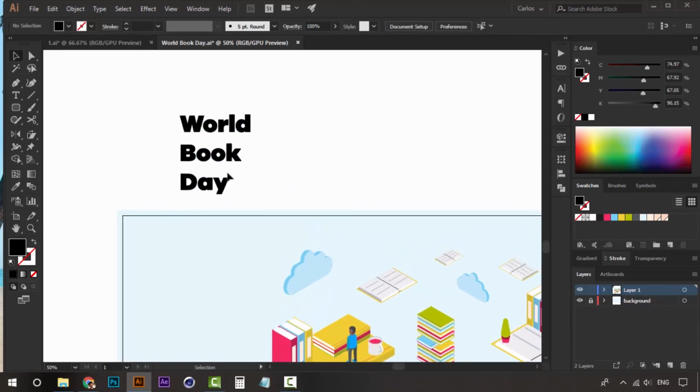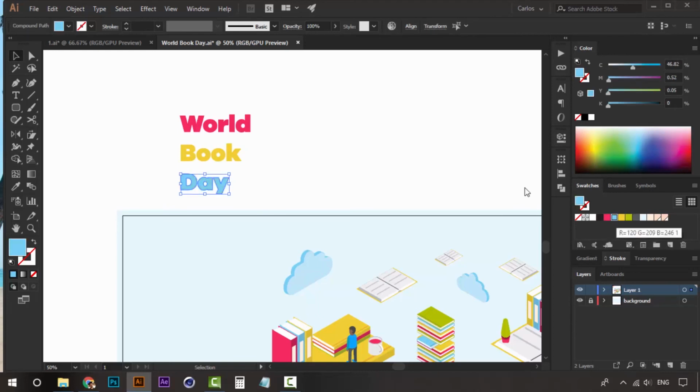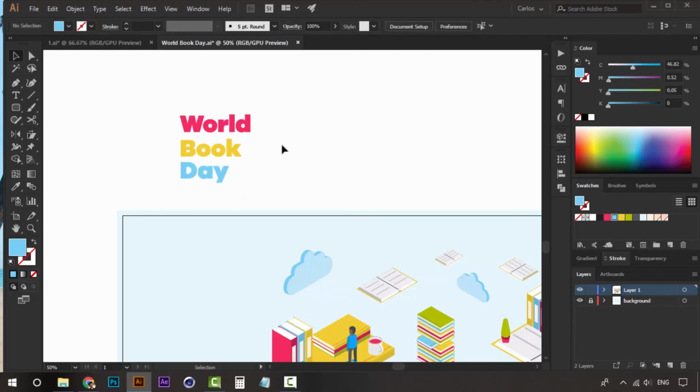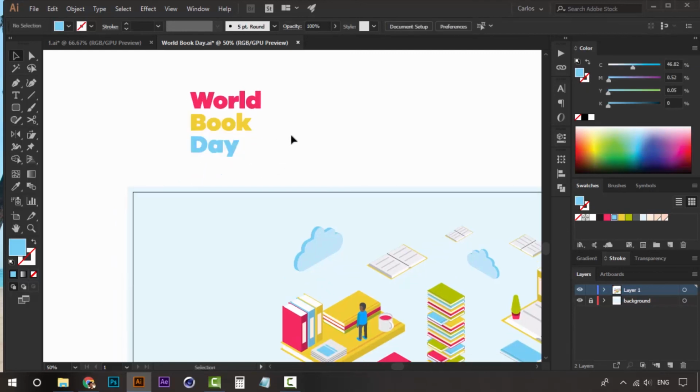And let's use, for world, let's use magenta. For this, let's use green. And for this, we can use the blue. And now let's play around with this, maybe closer. All right. Now take this here,